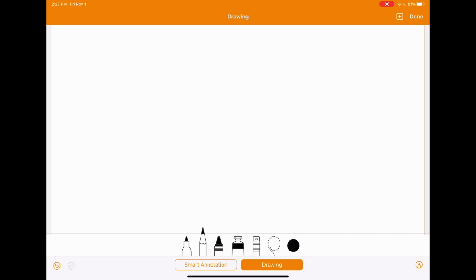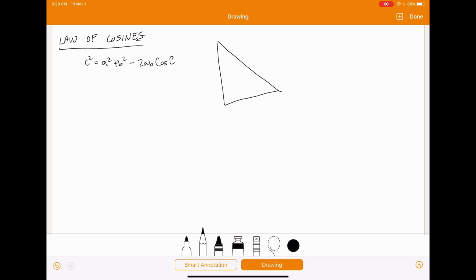All right, let's talk now about the law of cosines. So this one here says that c squared equals a squared plus b squared minus 2ab cosine of angle C. All right, where if we had some triangle,